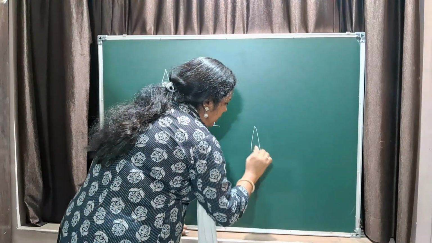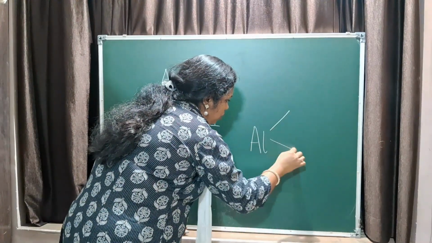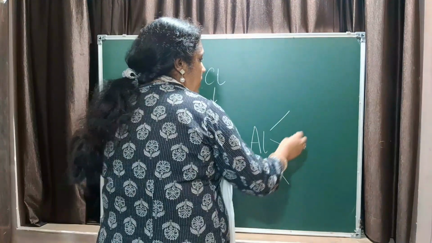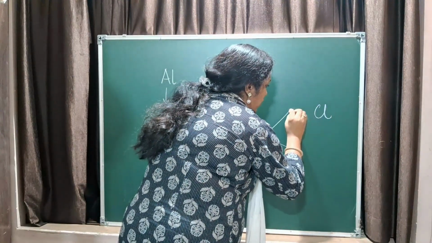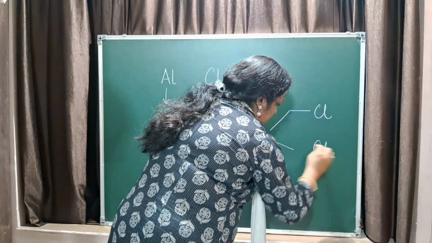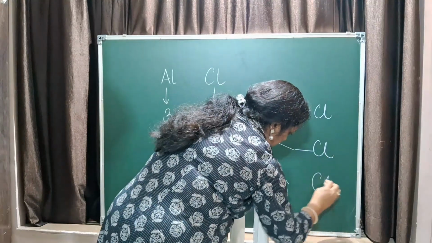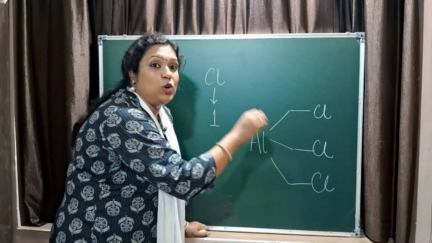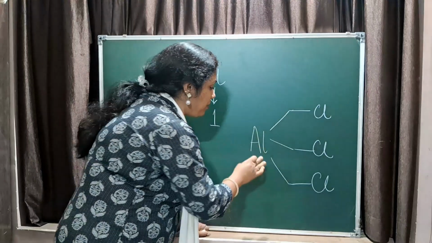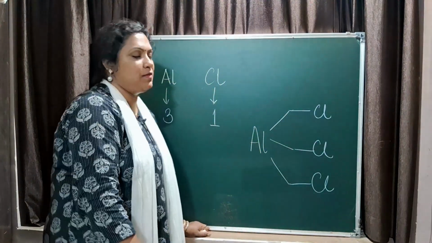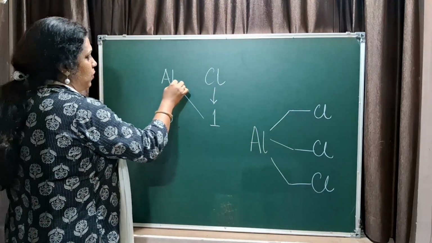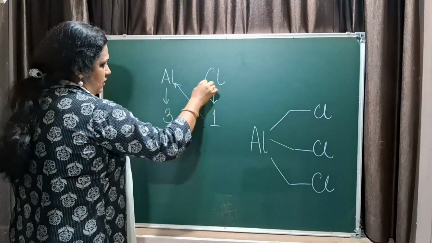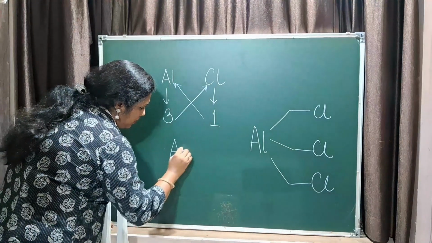Now aluminium has got 1, 2 and 3 arms, but chlorine has got only 1 arm. So 3 chlorines are required to fulfill the requirement of 1 aluminium. So what we do, we write 1 here and 3 here and form the formula